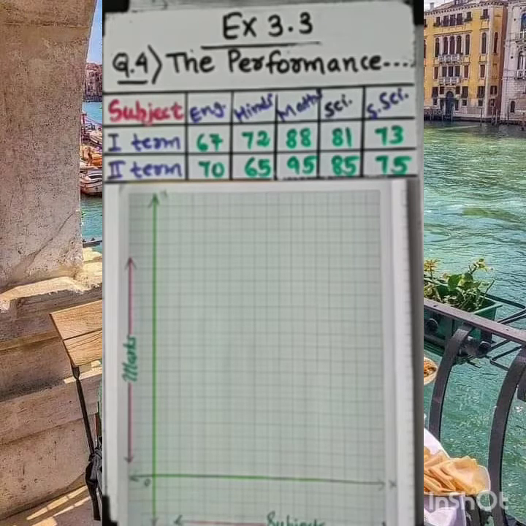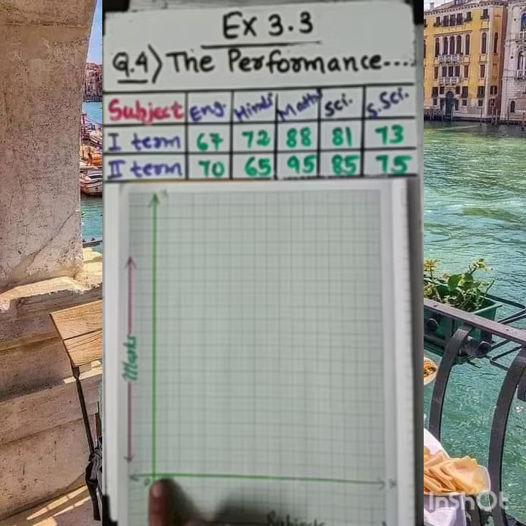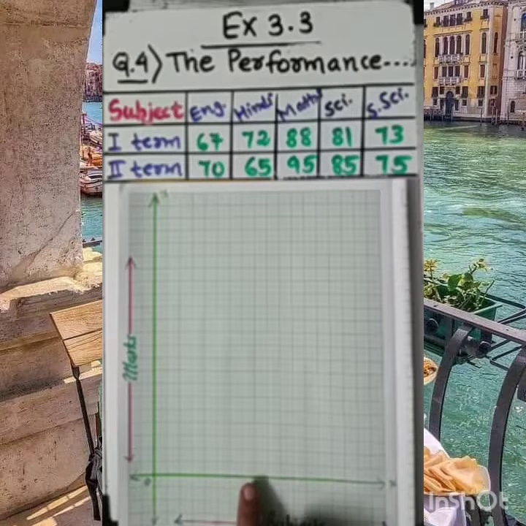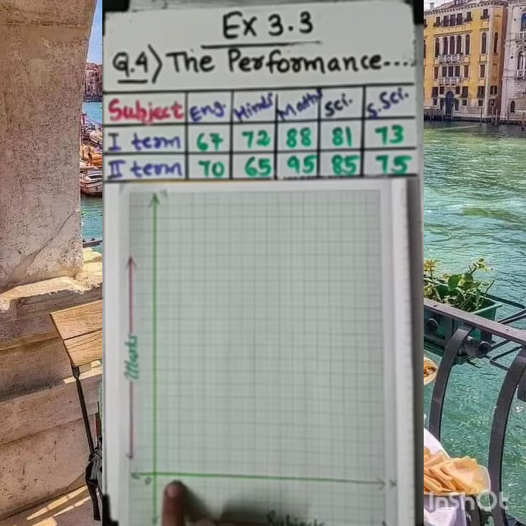Now dear student, there are different subjects and for that we have to draw a double bar graph. Okay, so suppose one block we are leaving here, between each and every two subjects we have to leave one block. Clear to you? And the next two columns we are using, the first column as first term and the second column as second term. Clear to you?